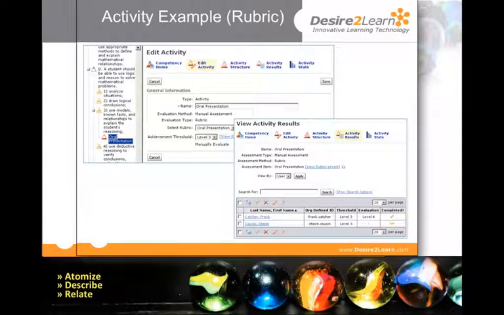So here we see an activity that a teacher has created within Desire to Learn. That activity in the top box has been correlated or mapped to a state standard, highlighted there in blue. And then the teacher can create that activity, link it to a state standard, and then also be able to assess individual students, which is the lower box, against that particular activity and the standards that activity